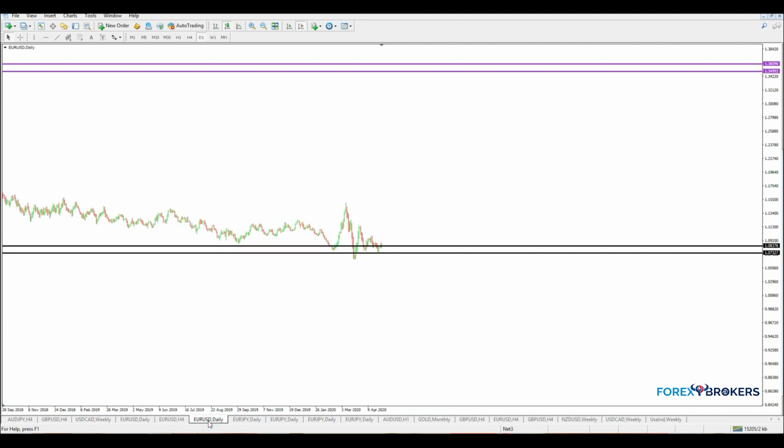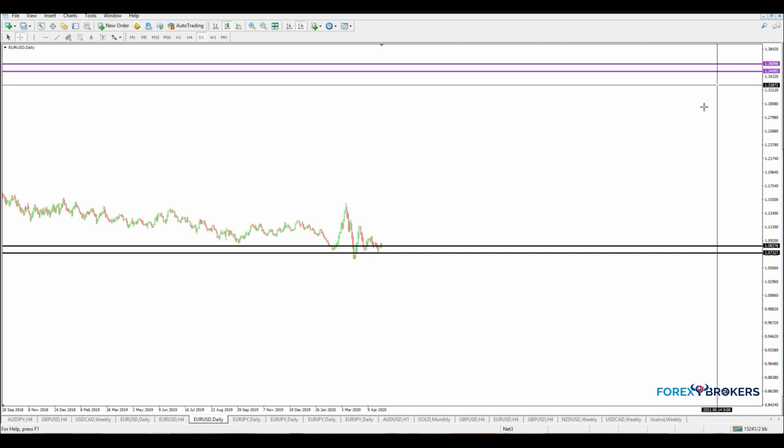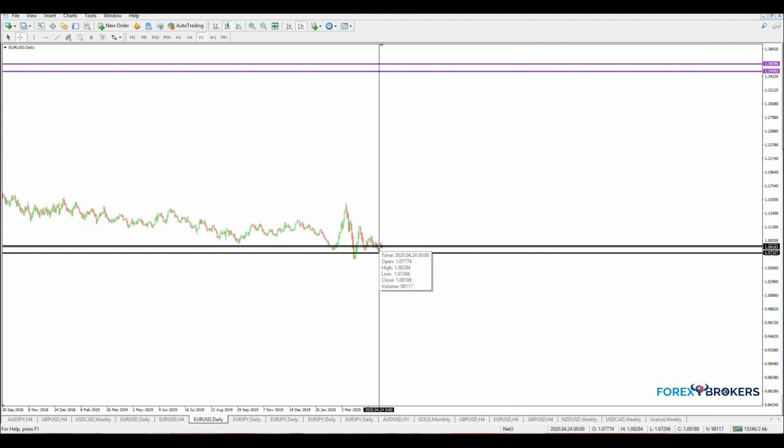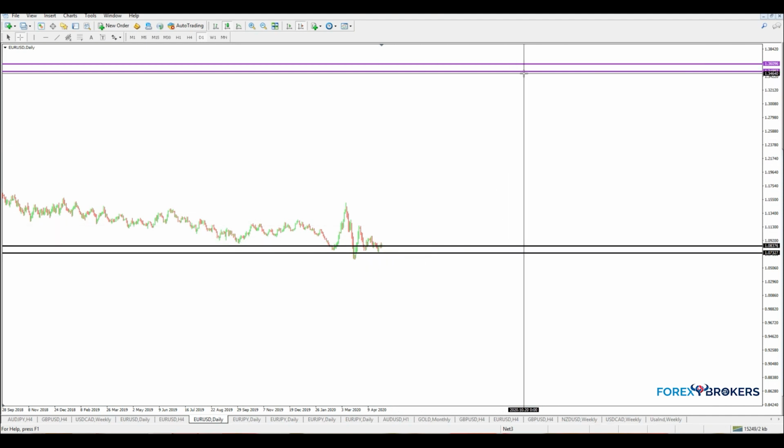Another example that I want to use is still on the euro and the US dollar. This is the Macron gap, the black lines that you see here. This is the Macron gap with the current price action that we've just analyzed. But this is a different gap, another gap. It formed from 1.3499 to 1.36. You might say, okay, who cares, because now the price is 1.08 and this is 1.34.